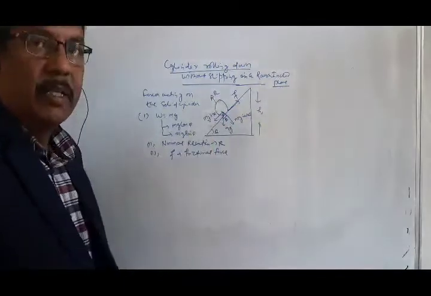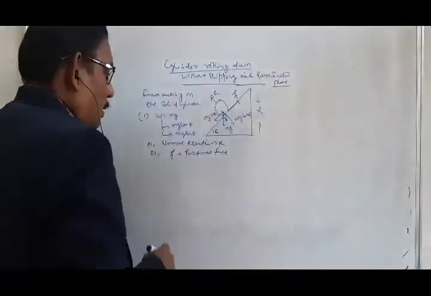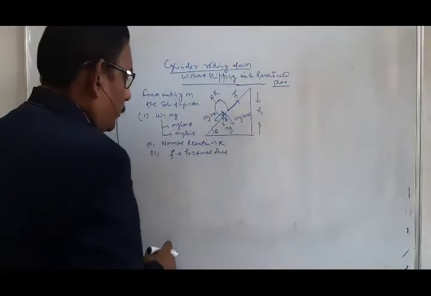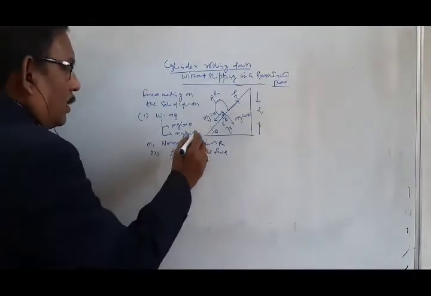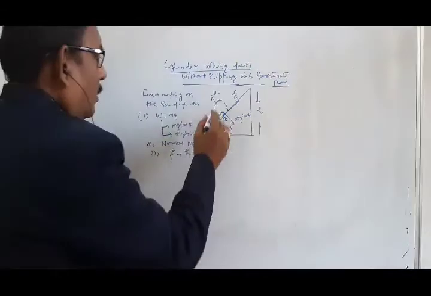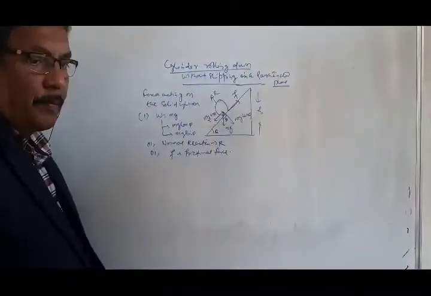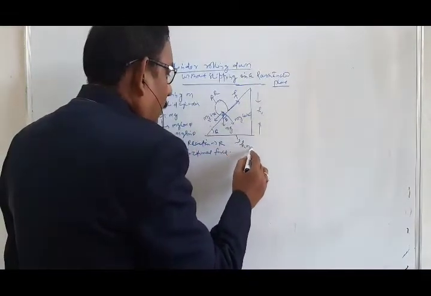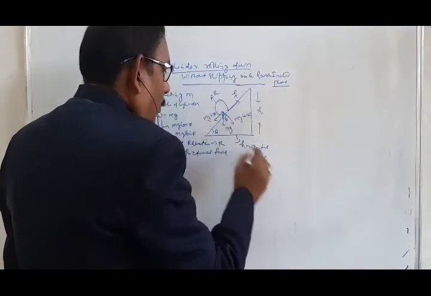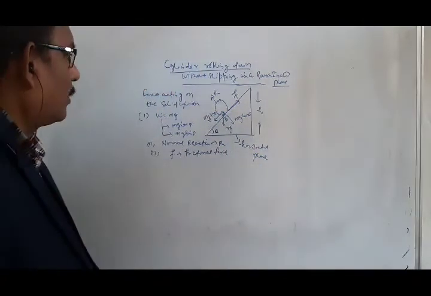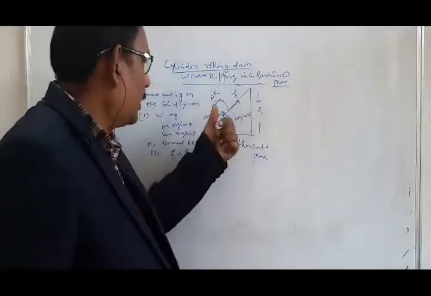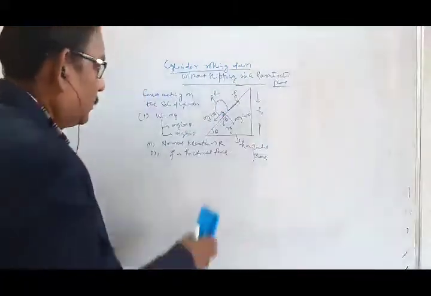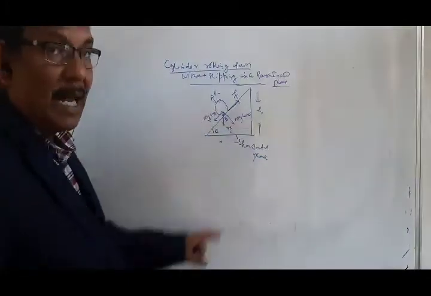The torque acting on the solid cylinder is due to the frictional force, and it rotates about the line of contact. These are the forces acting on your solid cylinder, as shown in the figure. This inclined plane makes an angle θ with the horizontal plane. Here, the torque acting on the solid cylinder is due to the frictional force, so that the body rotates about an axis and rolls on the inclined plane.